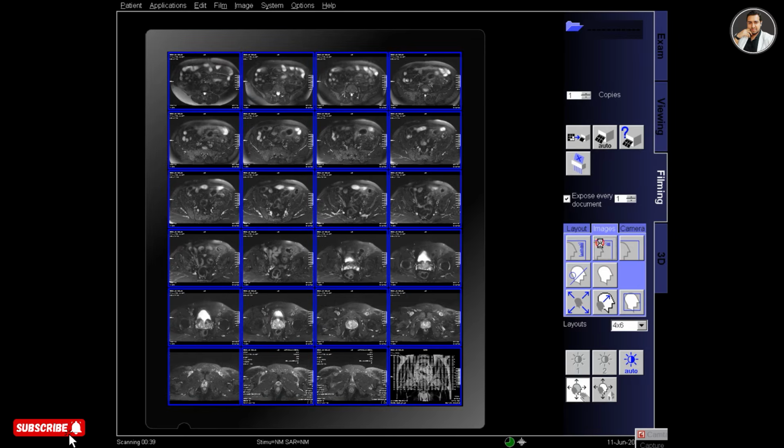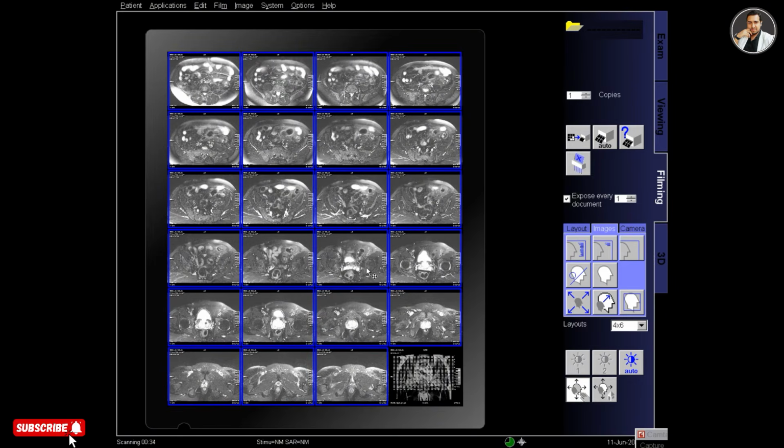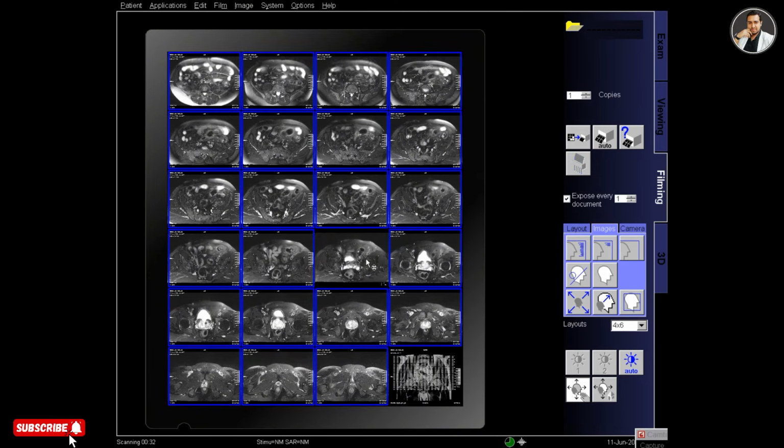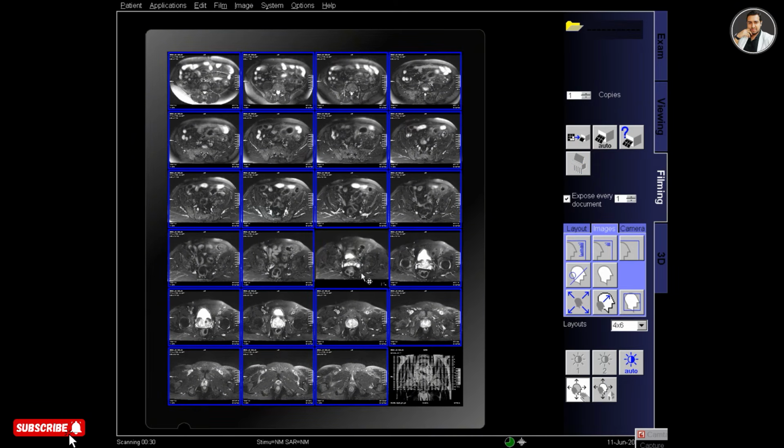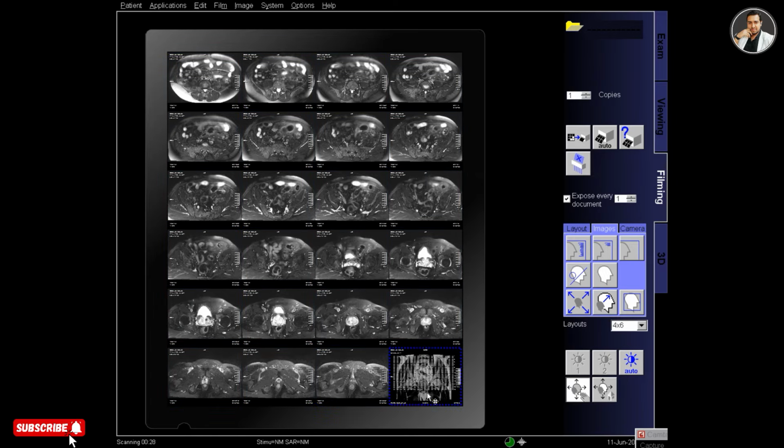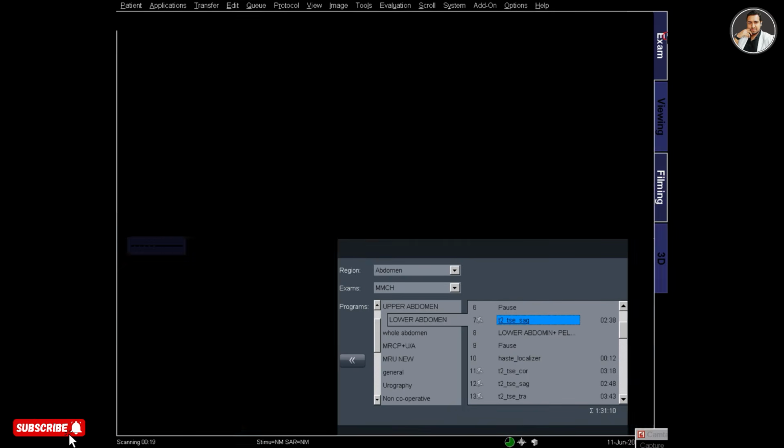Remove the reference image from all the segments, select series and adjust the window and zoom the image a little bit to perfectly fit, and also adjust the reference image and print out.